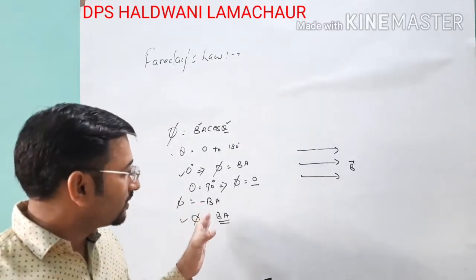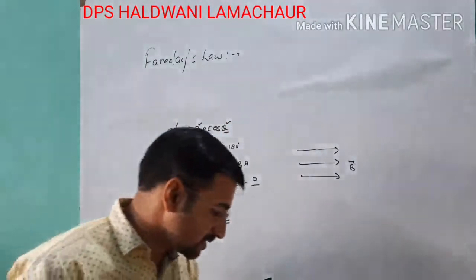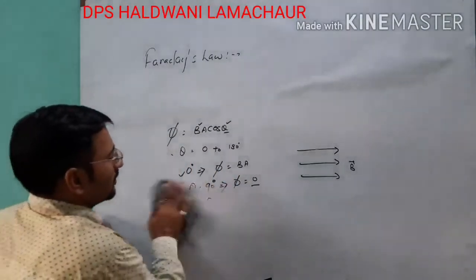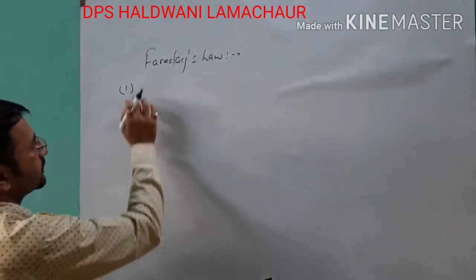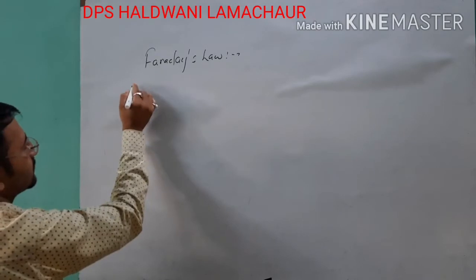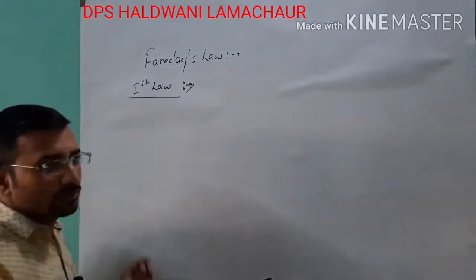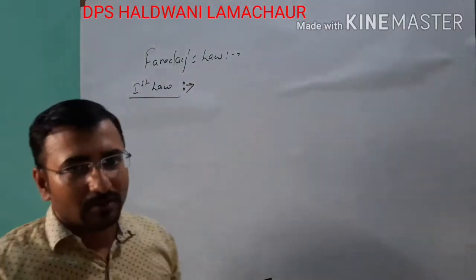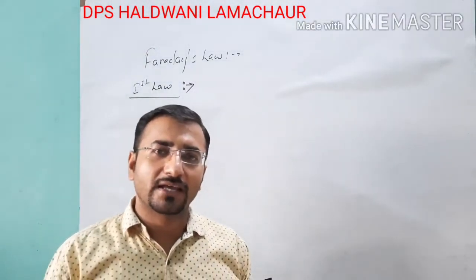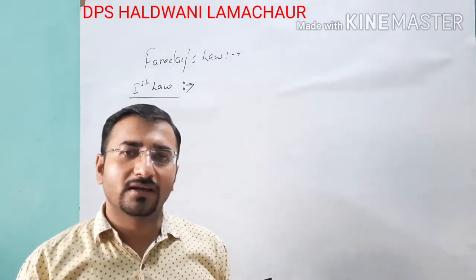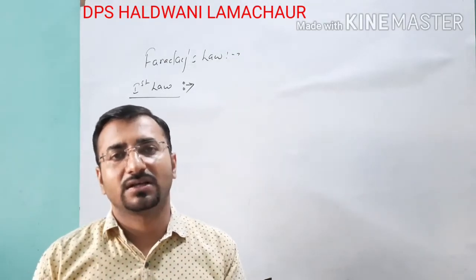Now in this video we will talk about Faraday's law, which I explained earlier. So I will write the definition of Faraday's law. Faraday gave two laws. First, Faraday's first law. According to the first law, if we change the magnetic flux linked with the coil or linked with the circuit, an EMF is induced in the coil, and it lasts so long as the magnetic flux linked with the coil or circuit changes continuously.